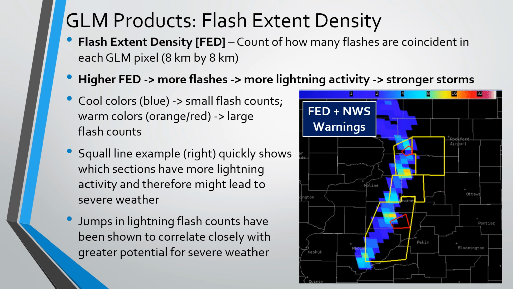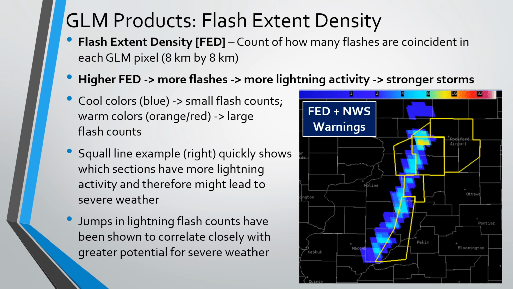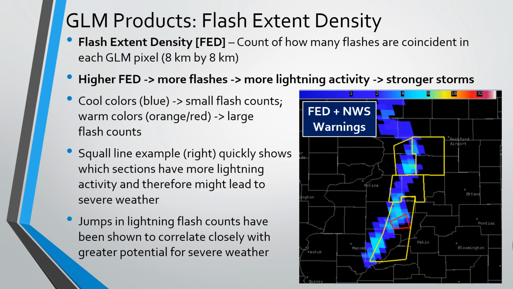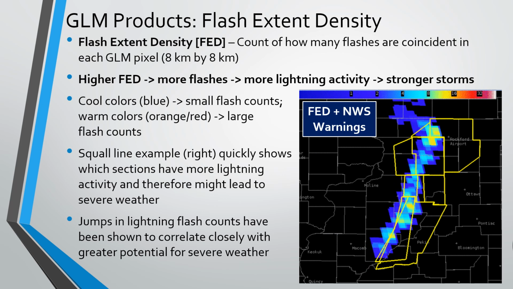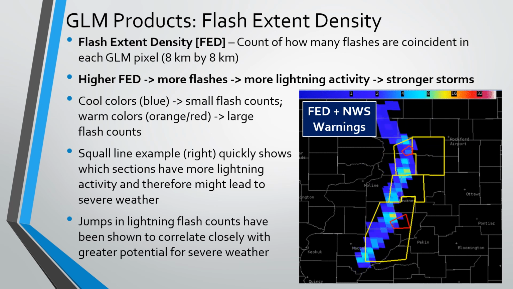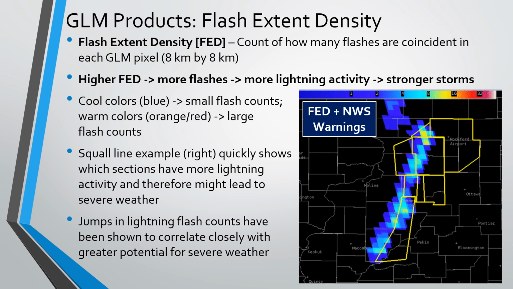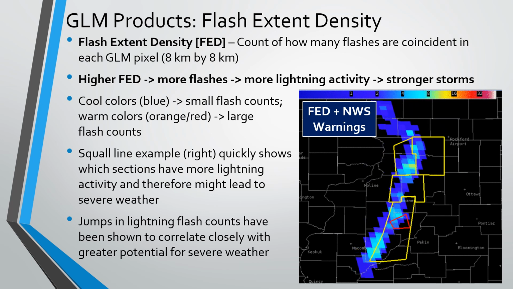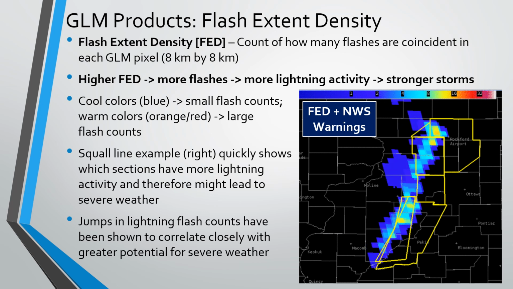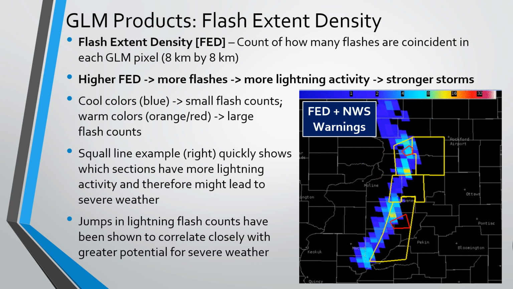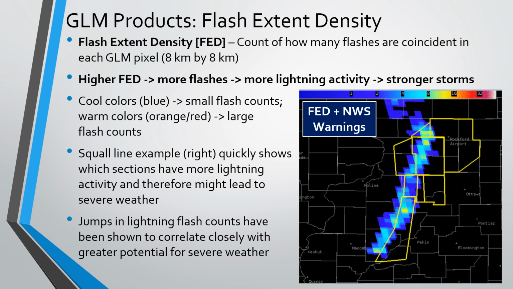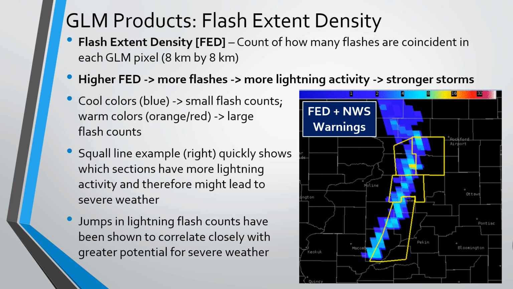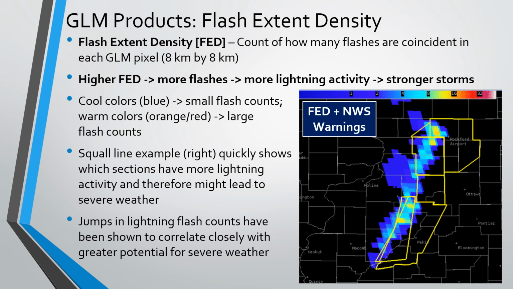This example shows a squall line, which is a line of strong thunderstorms all moving in one direction, and it quickly shows which sections have more lightning activity and therefore might be more likely to lead to severe weather. We can see that there are generally higher flash counts in the northern section, and in addition, jumps in lightning flash counts have been shown to correlate closely with greater potential for severe weather. So if a storm suddenly starts producing many more lightning flashes than it was prior, that could indicate an increased potential for